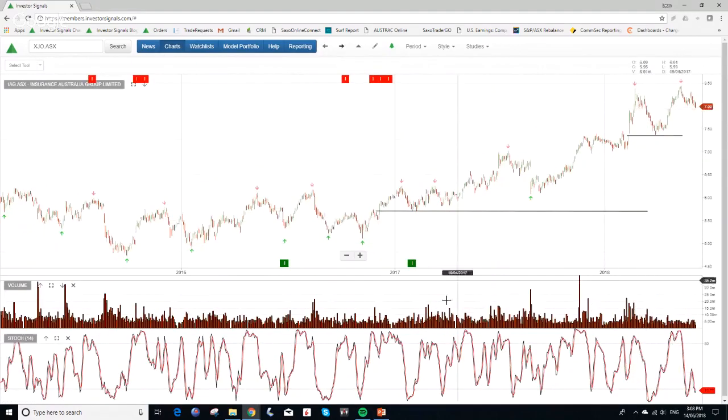Insurance Australia Group, we like this name. It's one of the best performing stocks in the model. It was added back here in early 2017, and continues to make higher highs and higher lows. We're now seeing one of the rare opportunities where this stock pulls back, and at around 775, if we were to see it trade there, it's good buying, and I would recommend adding it or accumulating the stock